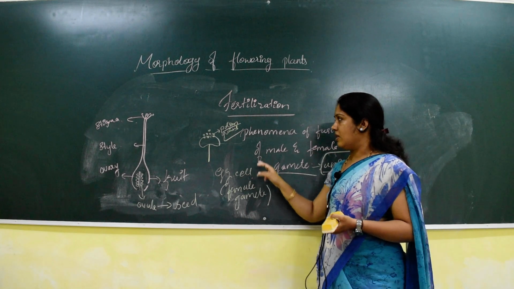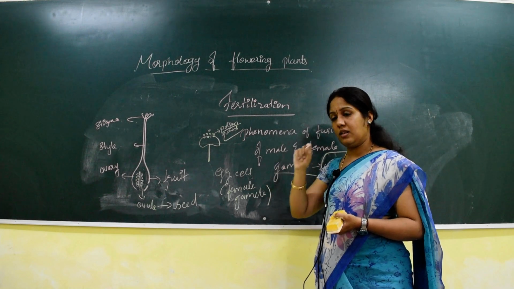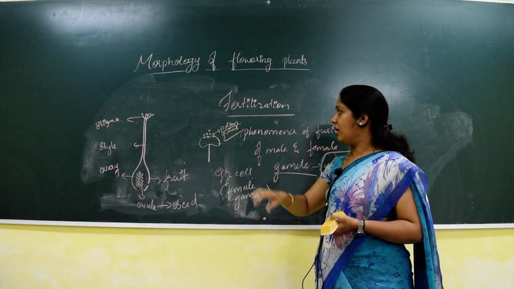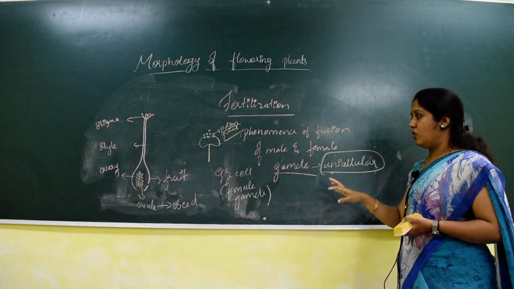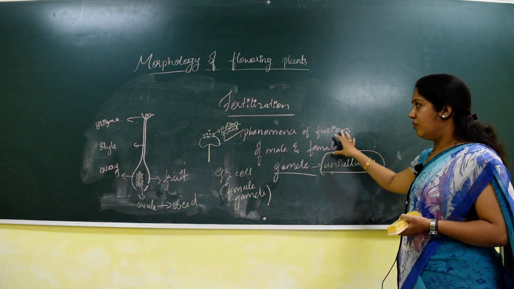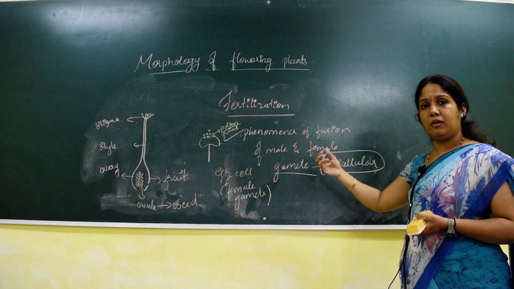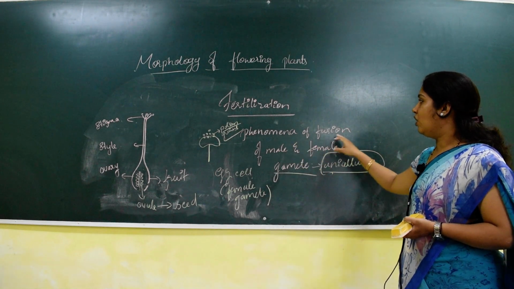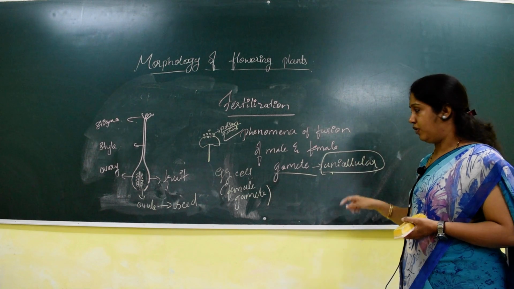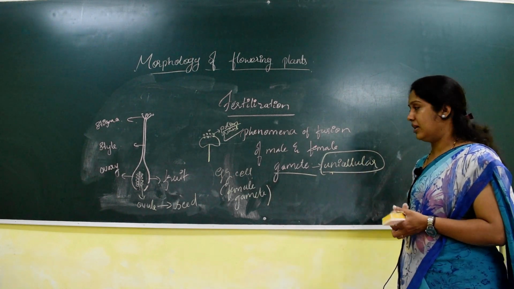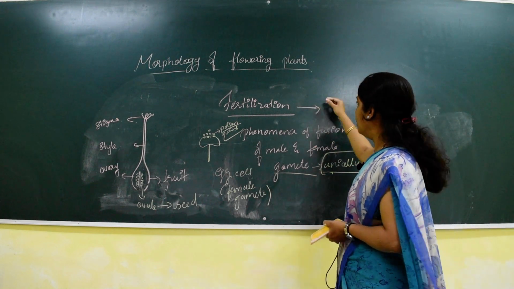So in the case of pollen grains, we can see the pollen grains, but inside the pollen grains there is a male nucleus. So that male nucleus itself is a male gamete. In the flower, the androecium part produces the male gamete, whereas the gynoecium part produces the female gamete, and the phenomenon of the fusion of male and female gamete itself is called fertilization. So after the fertilization process, there develops a fruit.